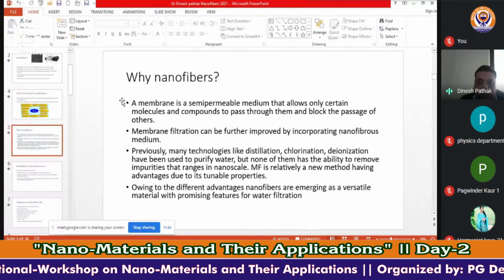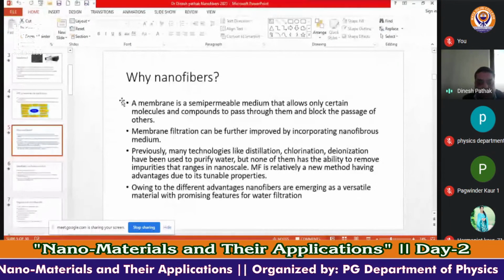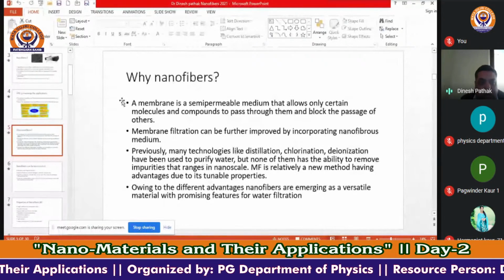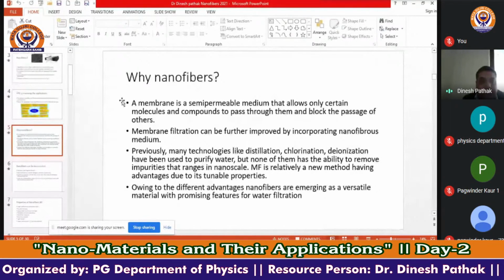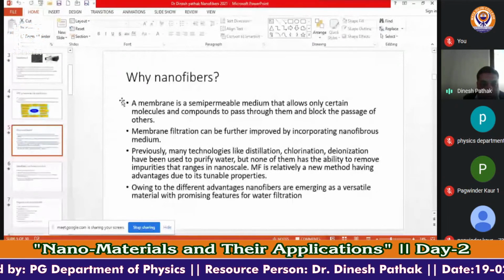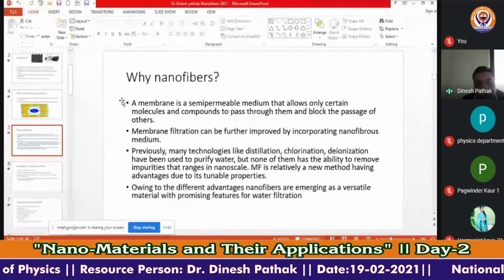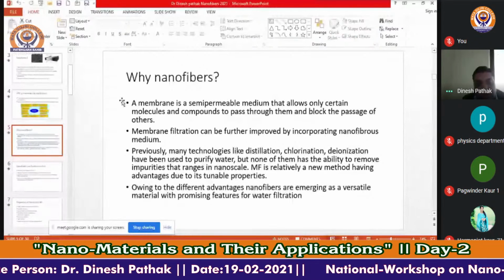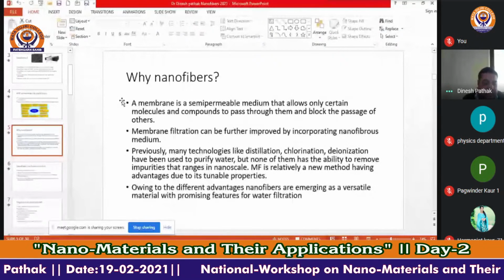For example, if we have an air filter, then air should go through it, but other chemicals, pollutants, or even viruses should not go inside. So we can fix the porosity like that. If we are going to filter water, then pure water should cross through it, but heavy elements should not. So during synthesis, we can